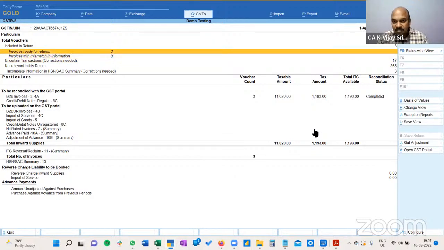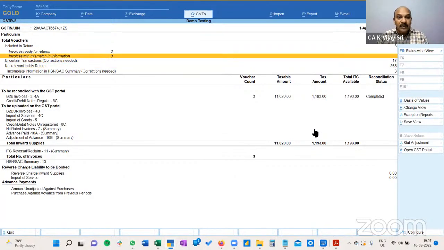This being a dummy, I've captured only a couple of entries. If I click into these invoices with mismatch information, the two crucial aspects it asks for are the invoice number and the invoice date. Why I'm suggesting this is: if you can spend time configuring Tally, this itself is your clause 5